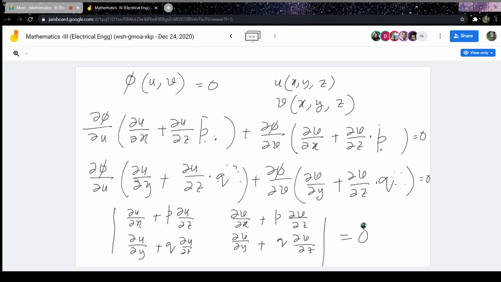If we eliminate these two, del phi del u and del phi del v, from these two equations, we will get this determinant equal to 0. You know how to calculate the value of a determinant: it will be these two minus these two. So I can write this as